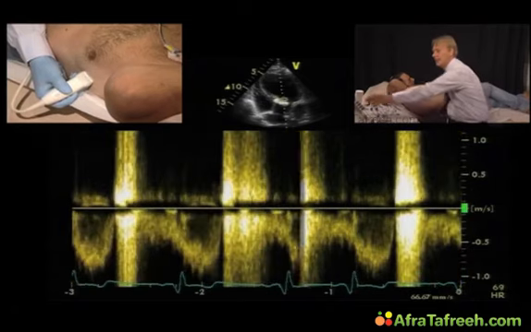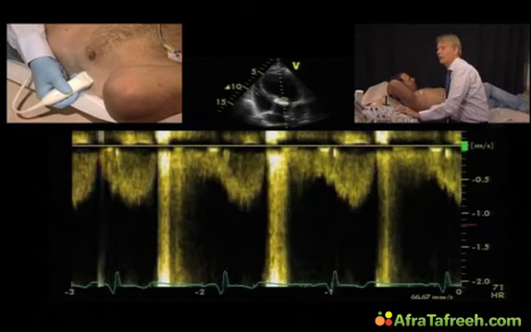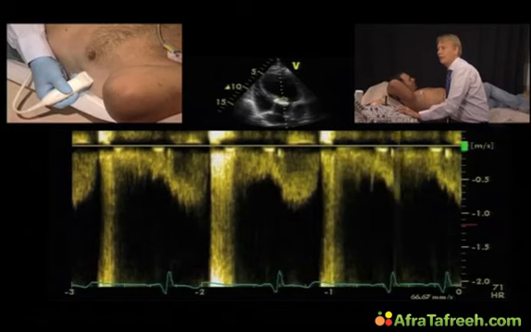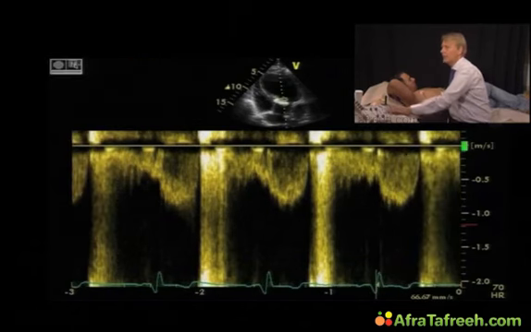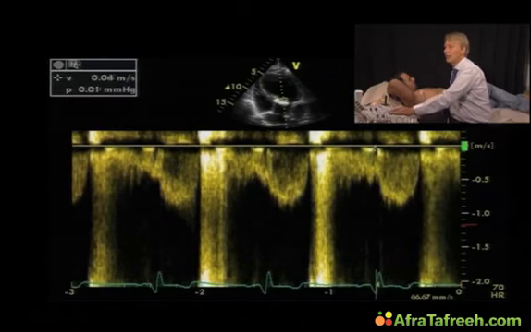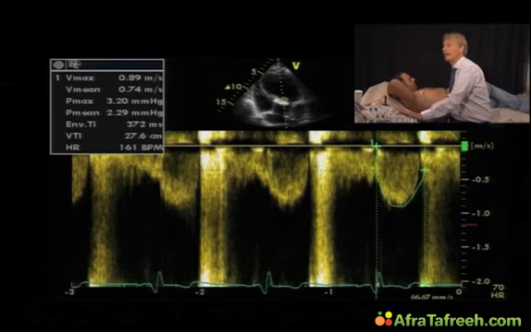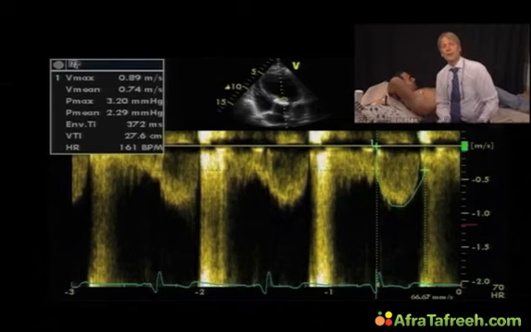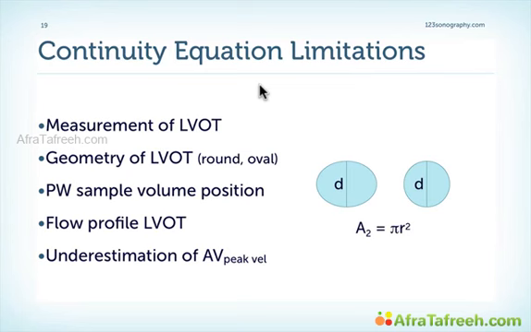And this is the region where we're just exactly below the aortic valve, and this is also the region where we measure the LVOT diameter. We freeze the image, and then we simply trace the LVOT curve and use that together with the maximum velocity, which we already measured, of the aortic valve to calculate aortic valve area. There are some limitations to the continuity equation,